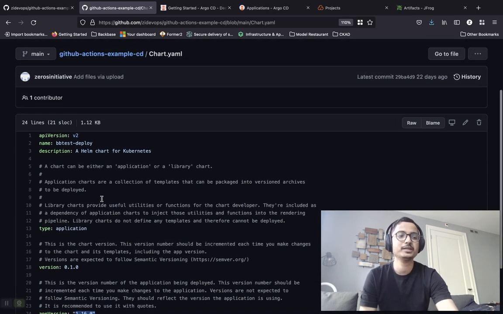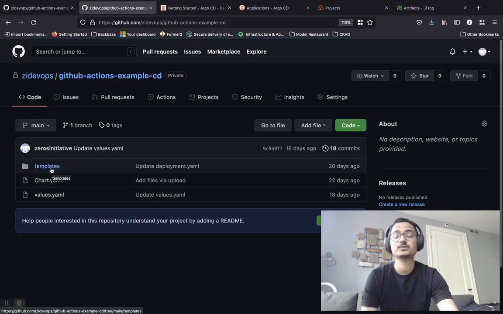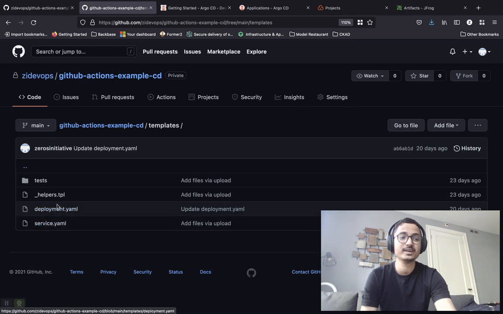Okay. So after you write your metadata file called chart.yaml, you have a folder called templates, within which you will have all of your YAML files like deployment.yaml, service.yaml.